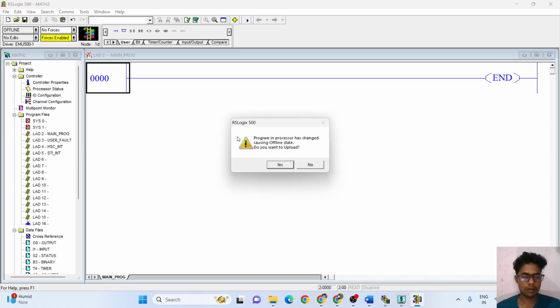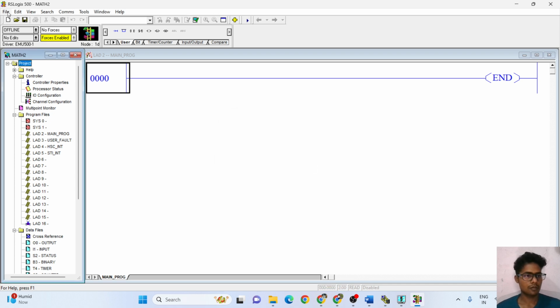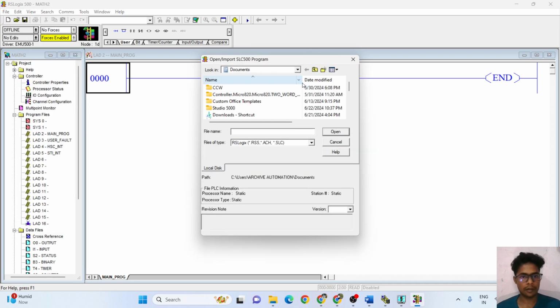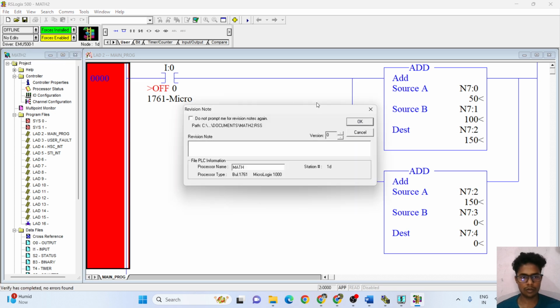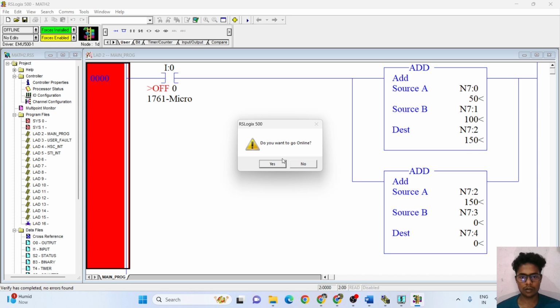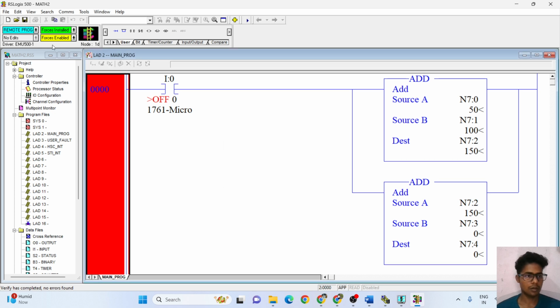Okay, open, download. Yes. Then you have to go to run mode.